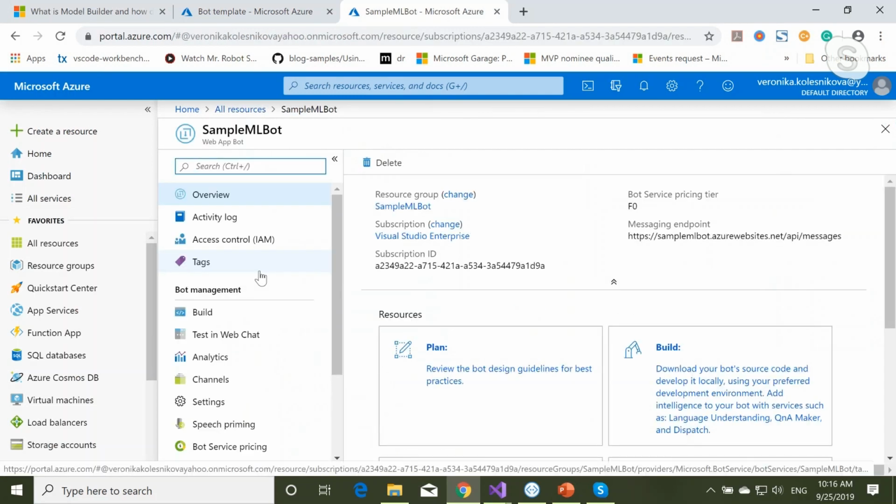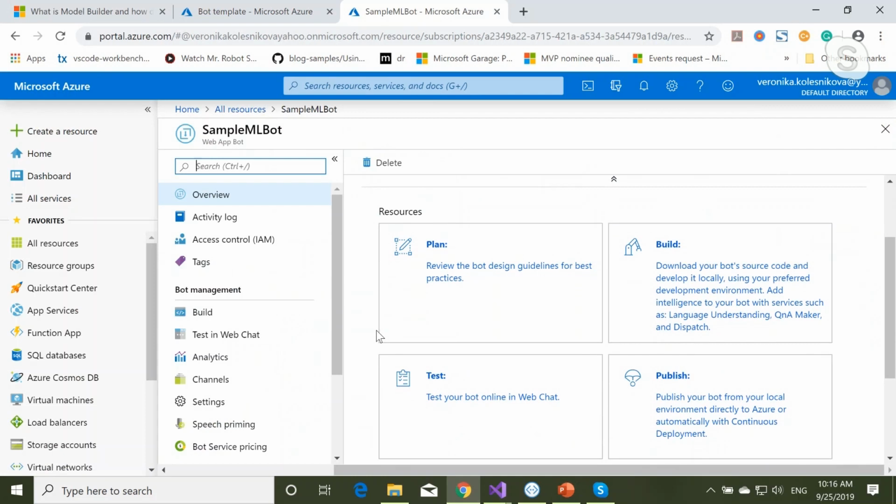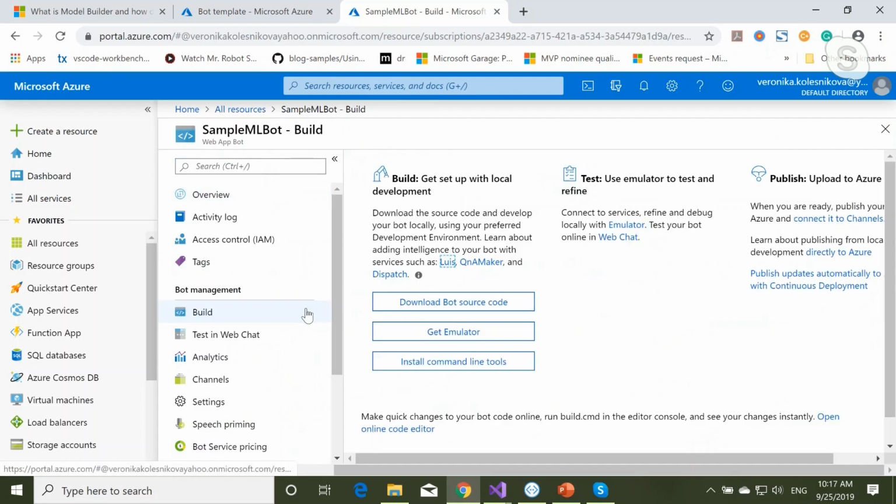So here we have an overview. That's some basic information, lots of documentation in the resources part. But when you go to the Build section, you have an option to download the bot source code. And when you download it, you are getting that basic Echo bot that you can create using Bot Framework in Visual Studio.